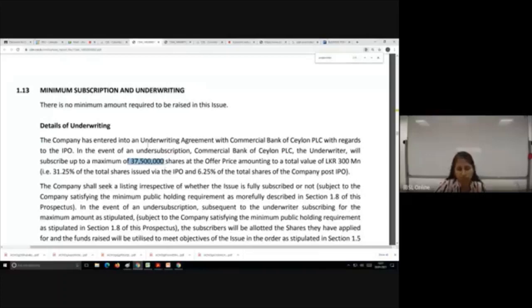Usually, theoretically, the underwriter is willing to subscribe all the undersubscribed shares. But in a practical sense, imagine 100% of it is not subscribed. Can they give you the entire 1 billion? So what they have done is they have set a ceiling. They have said, look here, I will give you nearly 31.25% of the IPO as a deal, which means out of the 120 million shares that they are going to issue, 37.5 million, they don't have to worry. It's for the balance that they have to worry.